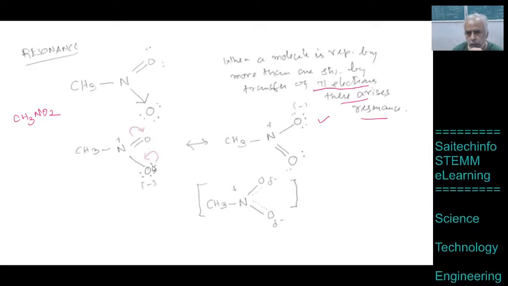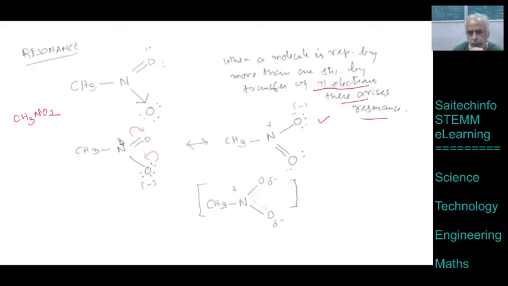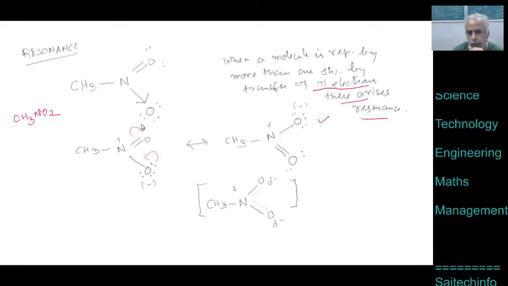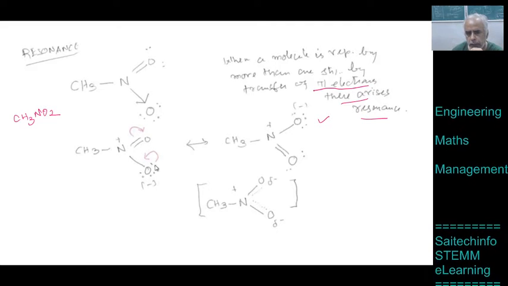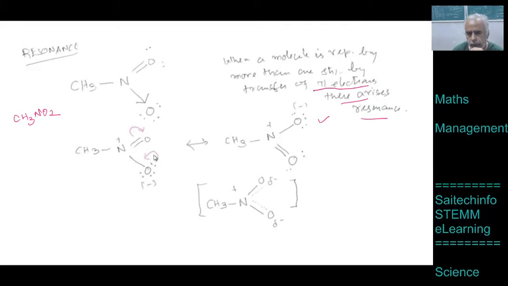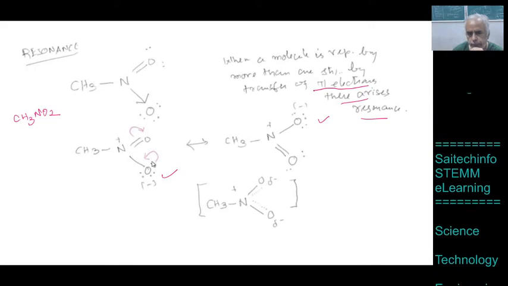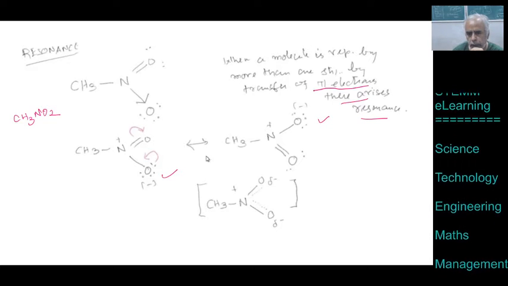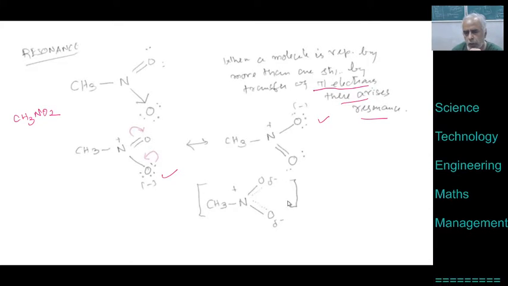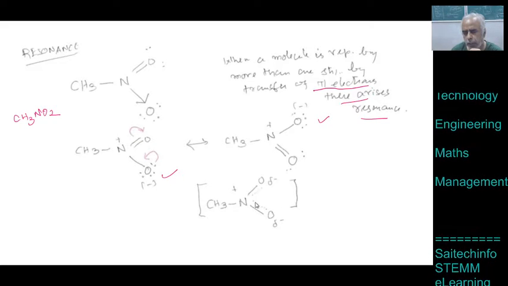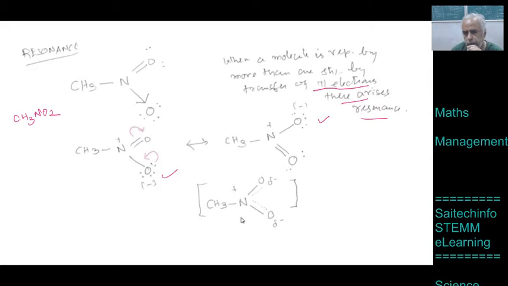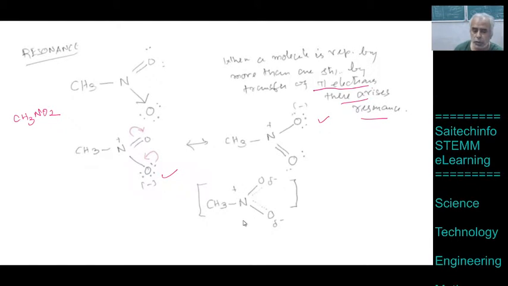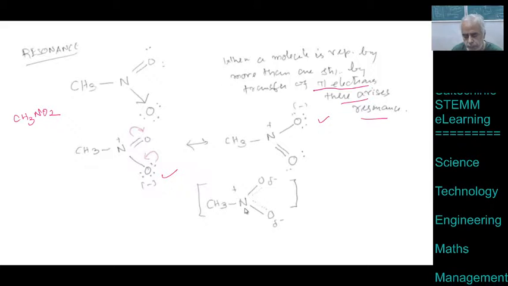For instance, this plus can be satisfied by the transfer of a pi electron from the double bond N=O to O. Otherwise, it can take place like this. For instance, a pair of electrons from this oxygen may come here, so that it forms a partially double bond character, and it will also go there. So you are able to get a resonance. It is called the resonance hybrid. It is an intermediate, and so this kind of resonance structures can be represented.